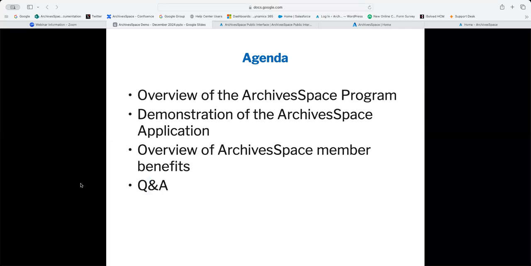We are using the latest version of ArchiveSpace for this demo. That's version 3.5.1. We do currently have a release candidate out for ArchiveSpace version 4.0, which includes some great new functionality and updates. If you'd like to learn more about that upcoming update, you can learn more on our website. If you're using an earlier version of ArchiveSpace, keep in mind some of the features you see today may not be available to you. We also won't be able to troubleshoot issues with your own implementations of ArchiveSpace at your organization, and we're going to be focusing this demonstration on using the ArchiveSpace staff user interface and public user interface.